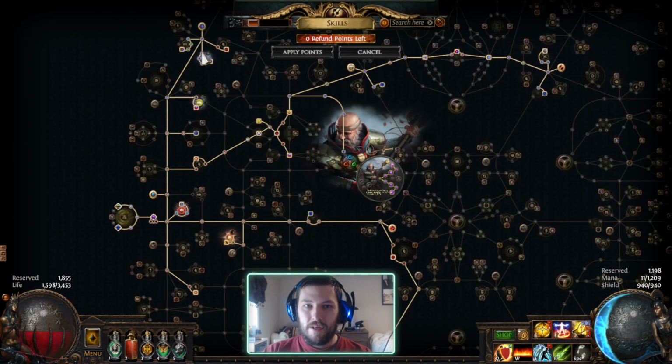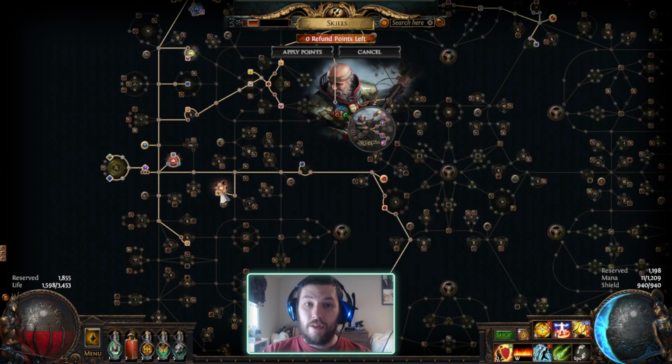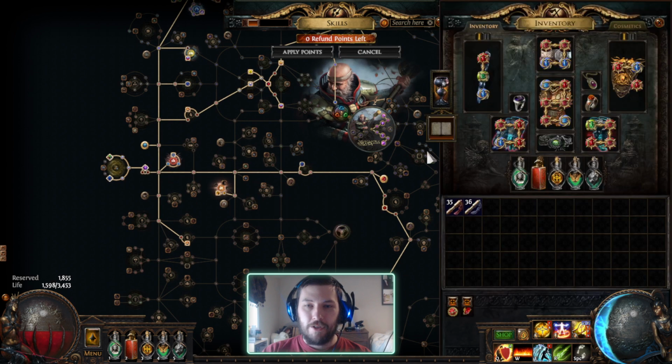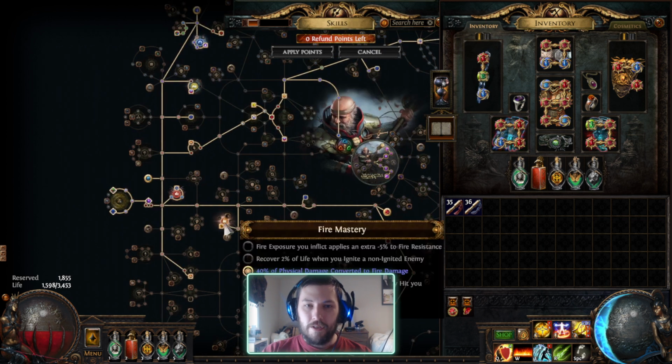But I respec'd out of the totems. I was using 12 at the time. Now I think I'm only using 4, 8, 9 totem specific nodes. Oh, and then these as well. I don't need the fire mastery. Plus I wouldn't need the 10% physical converted to fire. So being a totem build is causing me